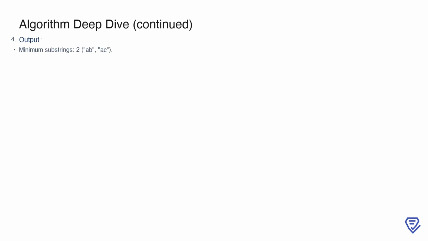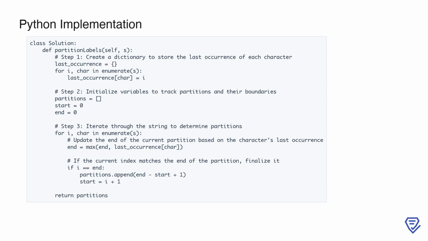This implementation solves LeetCode problem 763, Partition Labels, by dividing the input string into as many parts as possible such that each letter appears in at most one part. First, we create a dictionary, last_occurrence, to map each character to its last position in the string. This helps us determine the boundary of each partition by ensuring all instances of a character are included in the